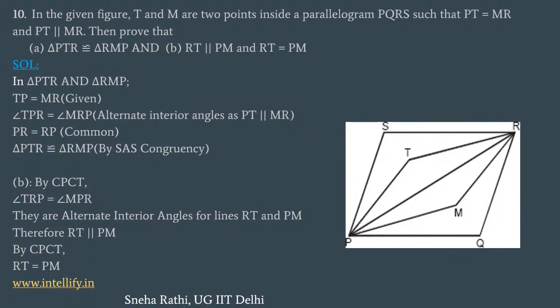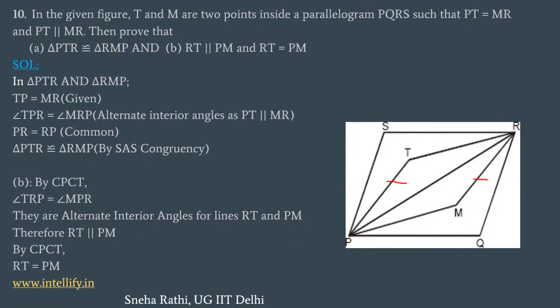Okay, now 10th question. In the given figure, T and M are 2 points inside a parallelogram PQRS such that PT is equals to MR and PT is parallel to MR. Then prove that triangle PTR is congruent to triangle RMP and RT is parallel to PM and RT is equals to PM. Now it is given that PT is equals to MR, and it is also given that PT is parallel to MR, which means that